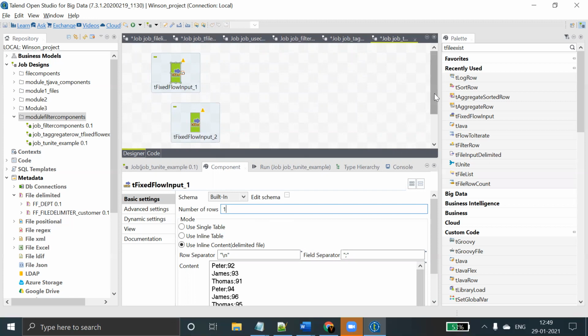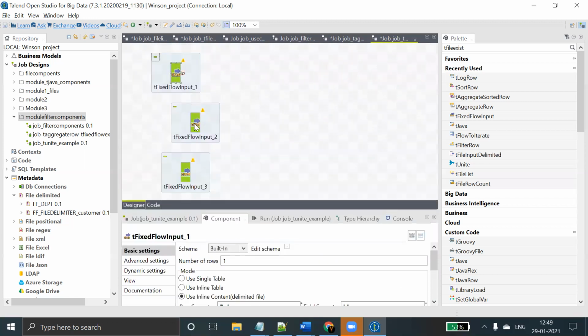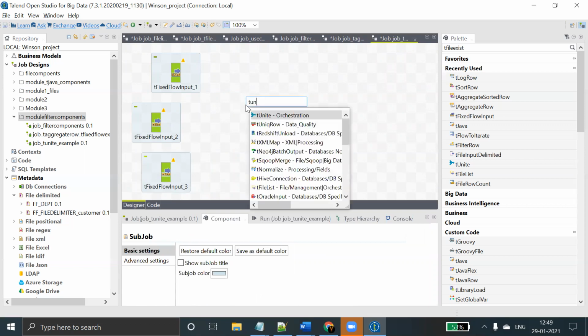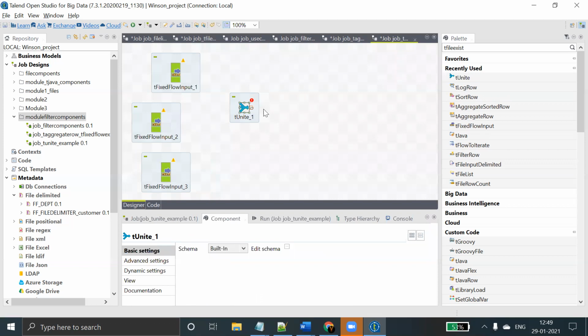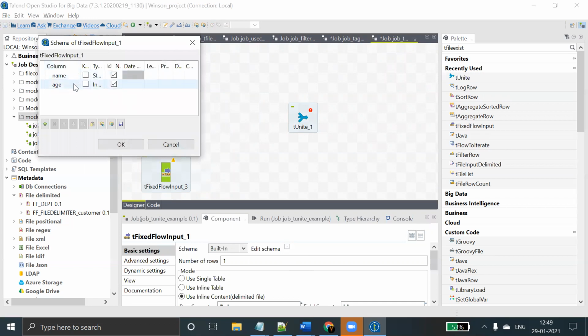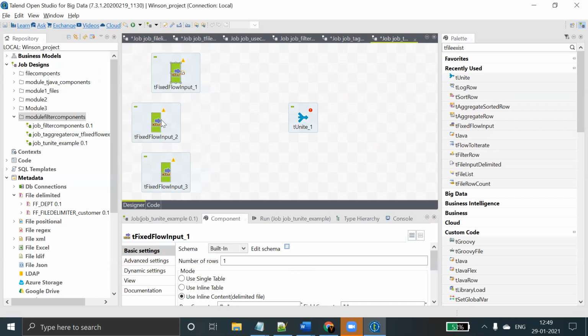For these three sources, I'm using tFixedFlow. You can use any sources, tFileInputDelimited, tOracle or anything, different sources, and you can club them. I want to club these three sources, and for that you can use the tUnite component. The main criterion of tUnite is that the schema should be the same for all three components: name and age, with the same data type.